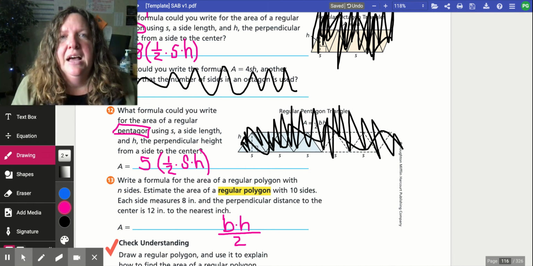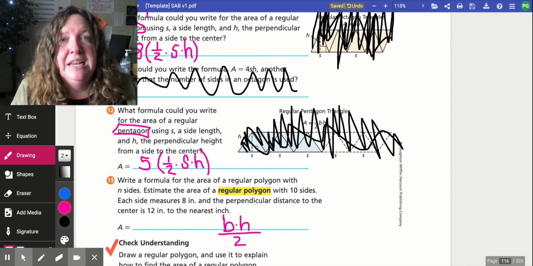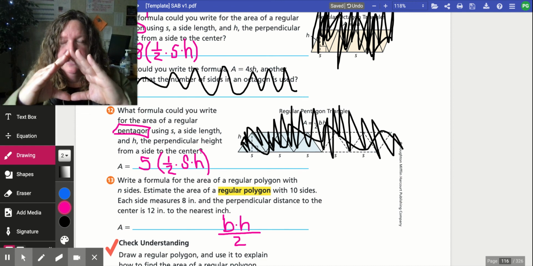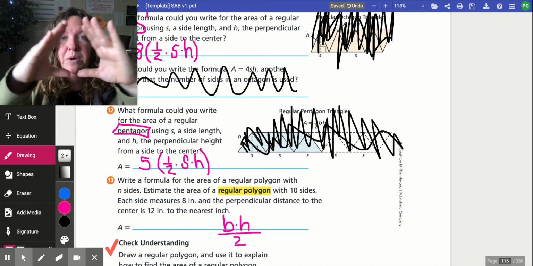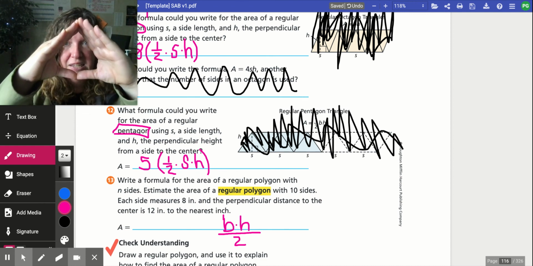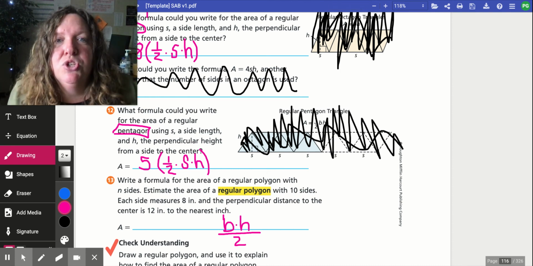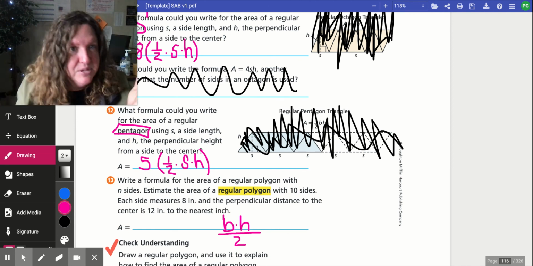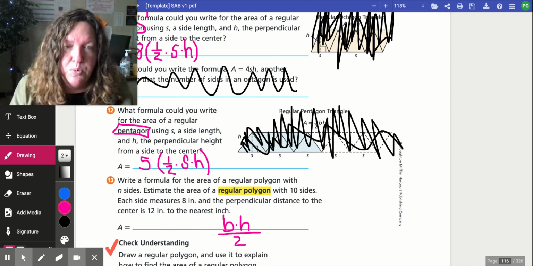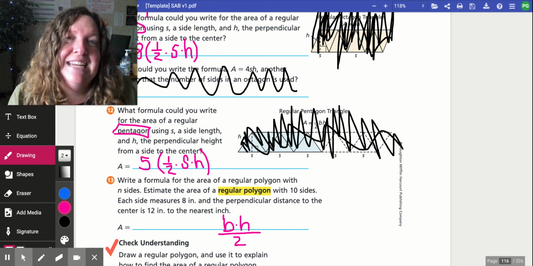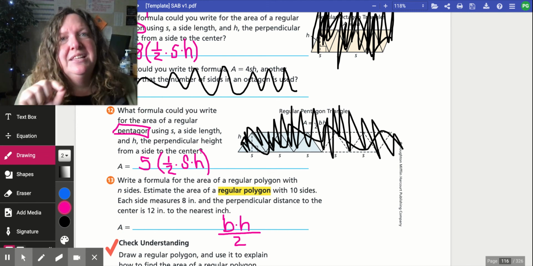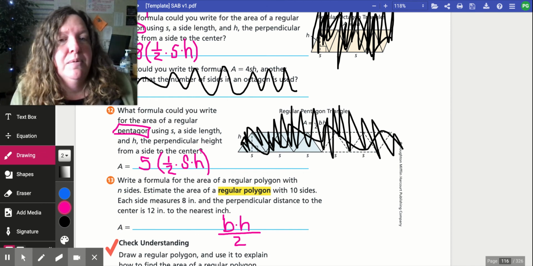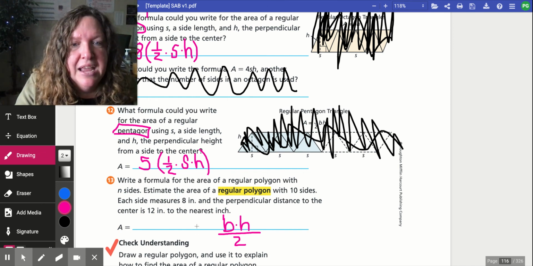Now, how are we going to tell that we need a certain number of groups of those? If it's a pentagon, we need 5 groups. If it's a decagon, we need 10 groups because decagons are 10 sides. If it's a dodecagon, we need 12 groups. So the question is, we can't write the number 6 and the number 8 and the number 10 and number 12. That's why we call it an n-gon. We're going to use the letter n to mean a number that could be any number, the number that we don't know. So we're going to say n